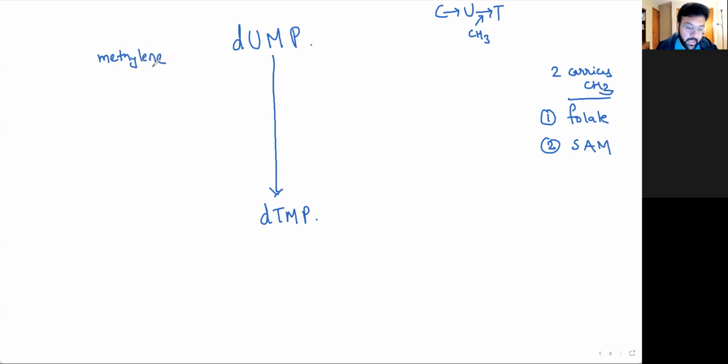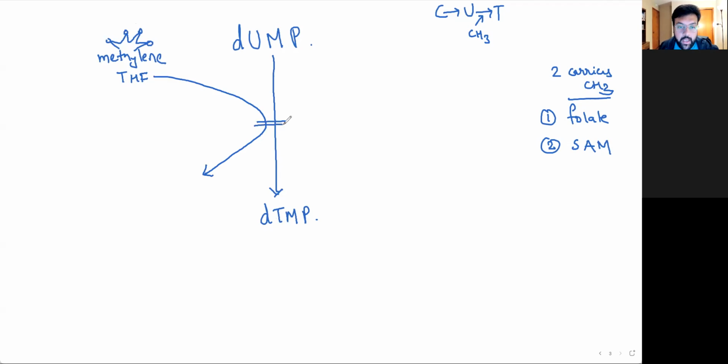There's a difference between methyl and methylene. This has a crown. This crown is methyl. So methylene tetrahydrofolate has methyl. So if you want to donate this, you can donate it here. Methylene tetrahydrofolate will donate a methyl group to dUMP,